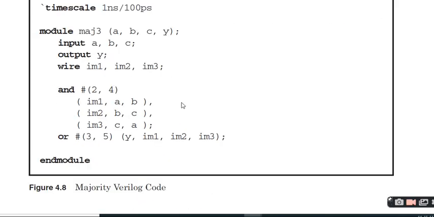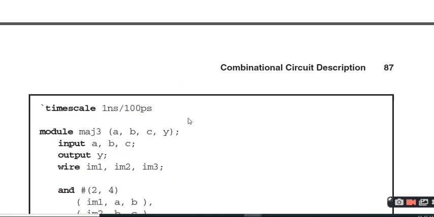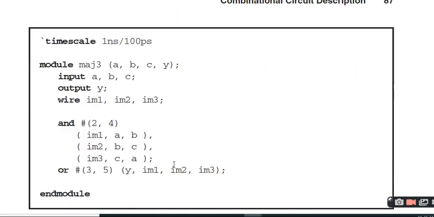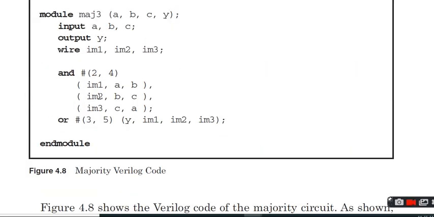Which gate do you want? AND gate. How many do you require? Here the total is 3 gates. So you can write IM1 with AB passed, IM2 is the second one, and you pass BC. These are the outputs; it will give the ANDing. Then you have to give them to the OR gate.